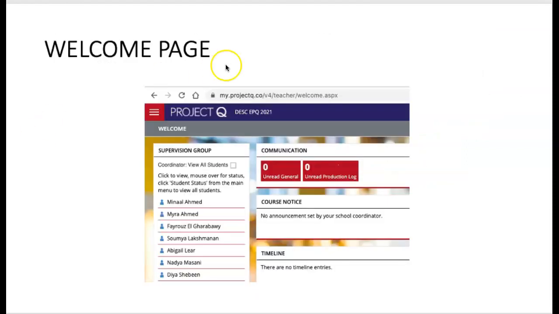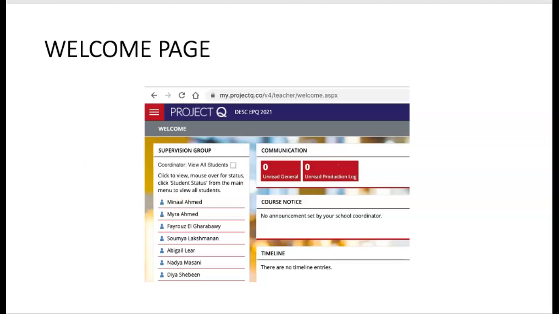Now, in terms of your project queue, if you have any problems, you can speak to Sonia Rossetti or myself. When you open up project queue, on your welcome page, you should get a list of the students who you supervise. This is a few of mine over here. So automatically, you should now be linked to this person. If you have a problem, let me know.